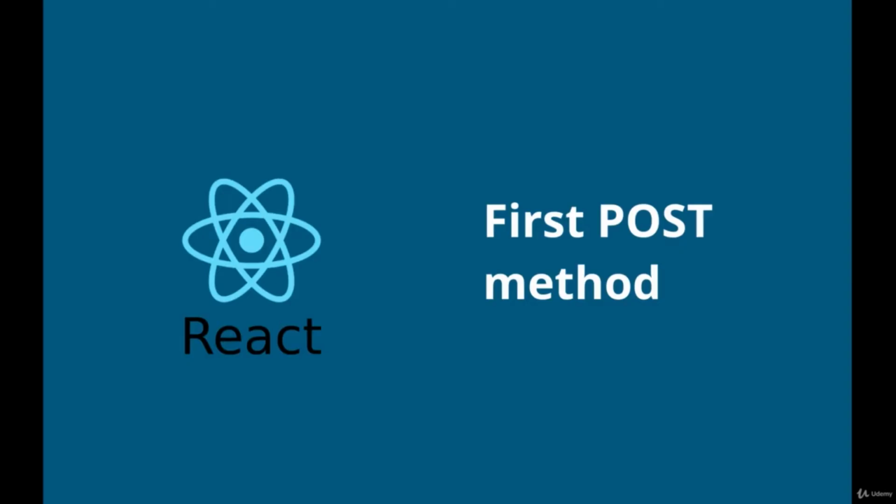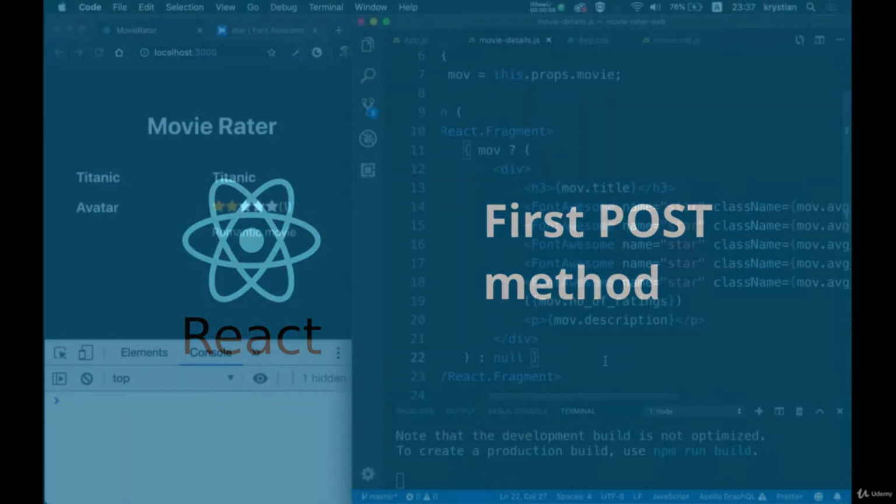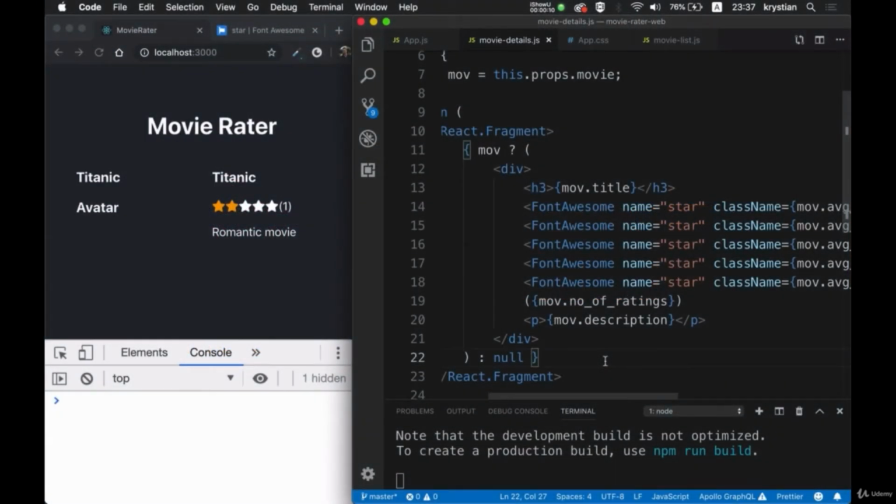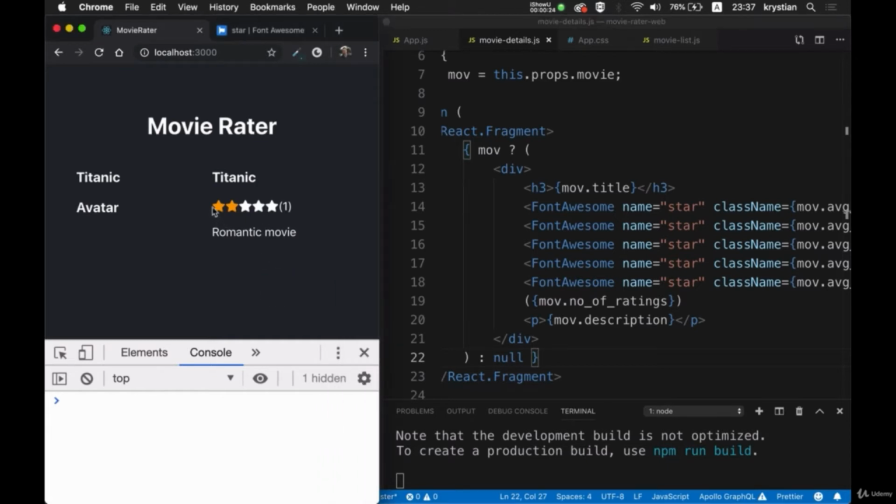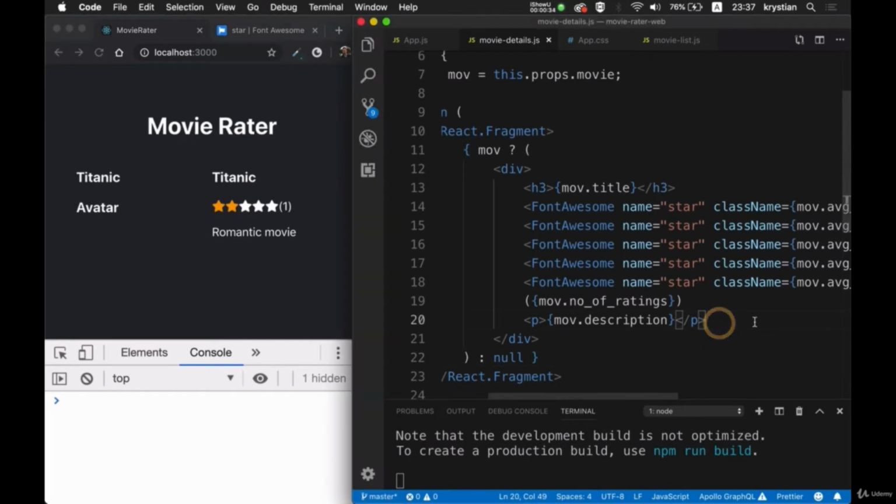Okay, we have displayed all the information we have about the movies so far. So let's create our first interaction and let's do some rating system. So once we have that movie loaded with all the information, let's allow users to actually click some stars and rate it. I will leave it as it is here, and I will create a little bit of a new section here. I could put it in a separate component, but I will keep it in the same one, because I would like to keep it as simple as possible, so I will create a new div here,